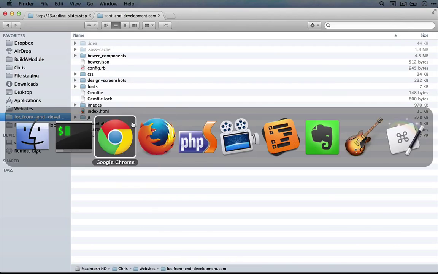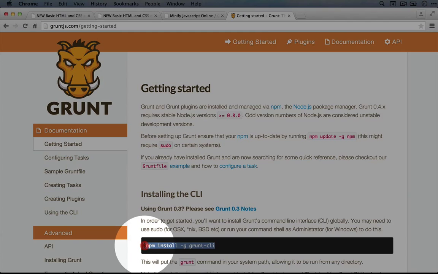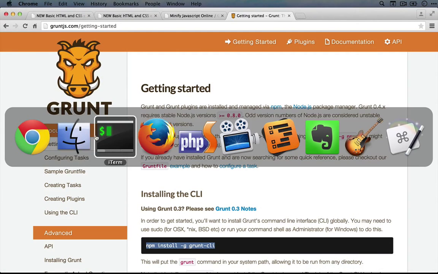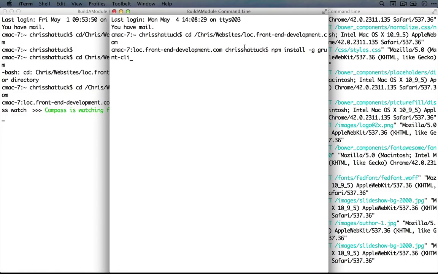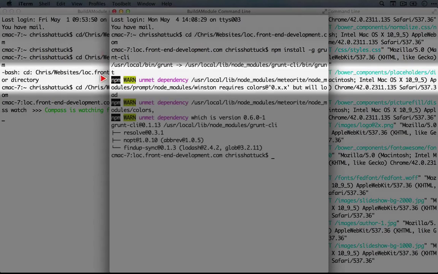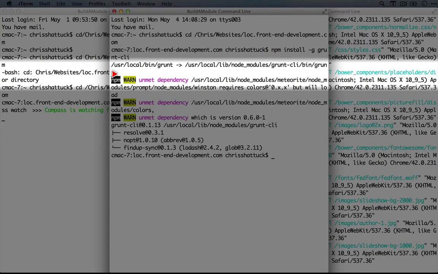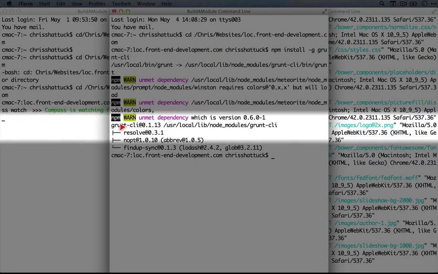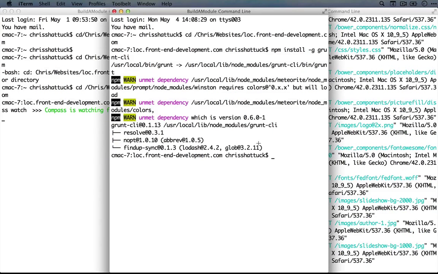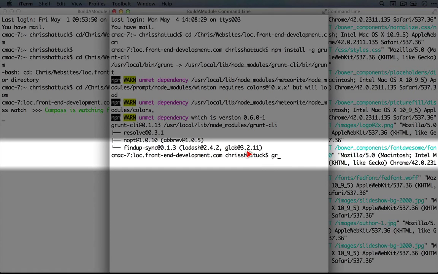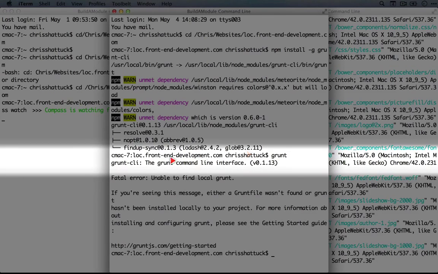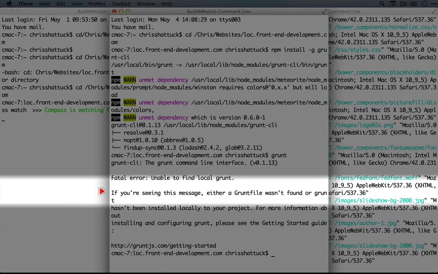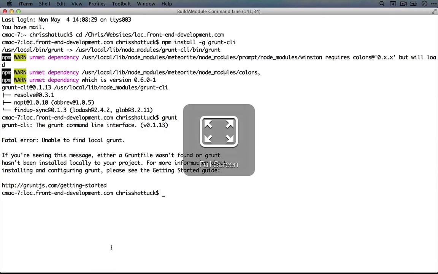So I'll go back to the browser, and I'll copy the npm install -g grunt-cli. I'll paste it in here, and I'll hit enter. Now you might get a couple of warnings depending on other things that are on your system, but as long as there are no errors, you should be okay. And when it's all complete, you should be able to type grunt on the command line and see a little bit of output to confirm that it's actually working. Now I'm going to maximize this